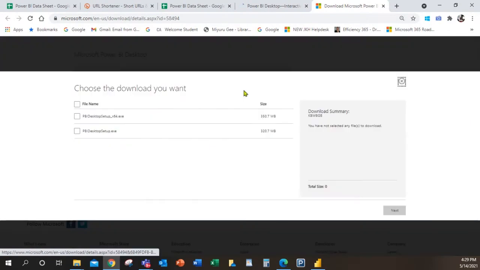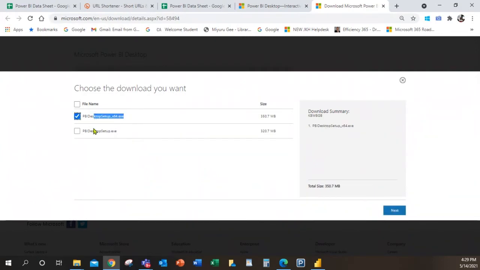Okay, this is for 64-bit and this is for 32-bit. Since my machine is 64-bit, I am selecting this. If your machine is 32-bit, then you can download this. If your machine is 64-bit, you can use this one also. But if your machine is 32, please download this one. You can't use the 64 one. Okay.